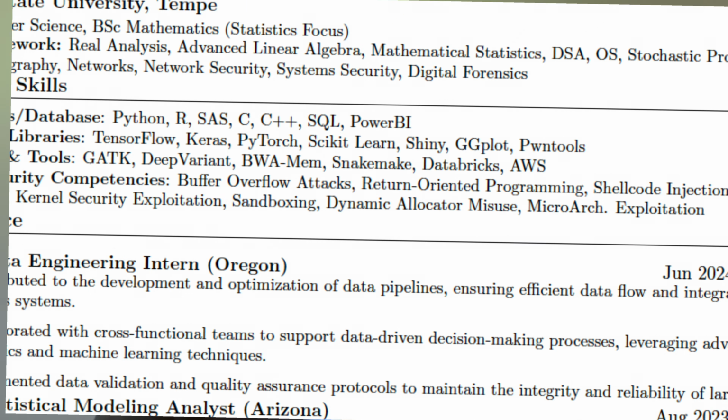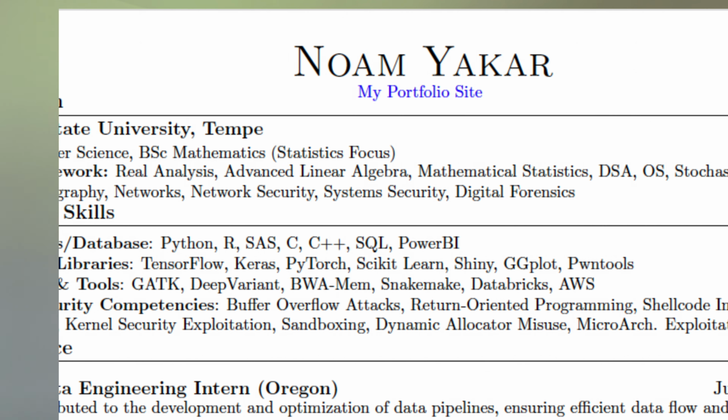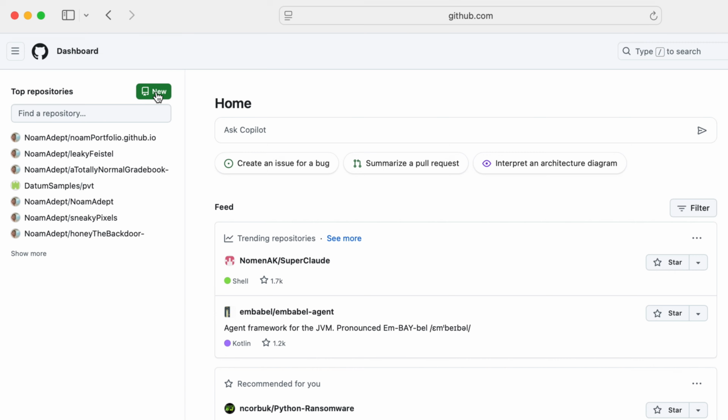So you want to make an impressive portfolio website that you can put at the top of your resume. Let me show you how to do it just with GitHub. Let's get into it. So to build this website without having to host it on AWS or Firebase or anything